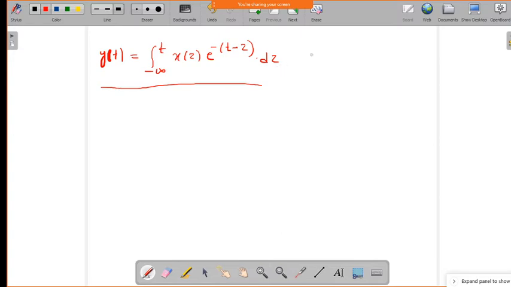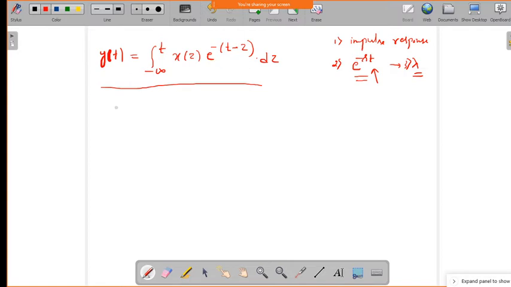Okay. So now what you have to find out? First, you have to find out what is the impulse response of this system. And second, you need to find, if the complex exponential e power minus st is given as input, you have to show that this is the eigen function. And third, the corresponding eigen value you have to find out for this input output relation. Okay, so this is the actual problem.